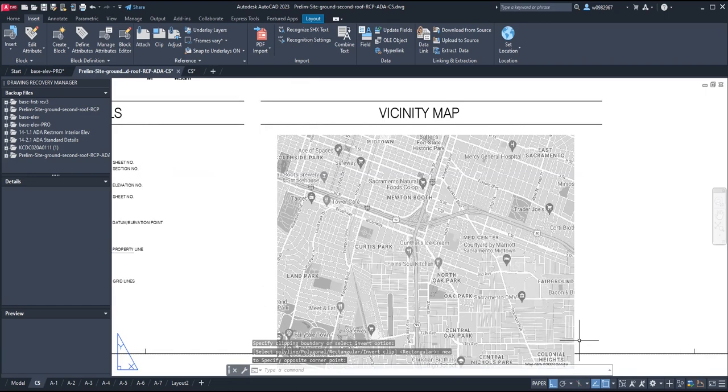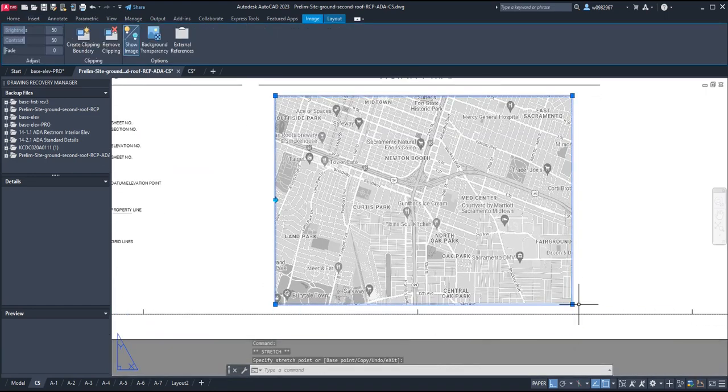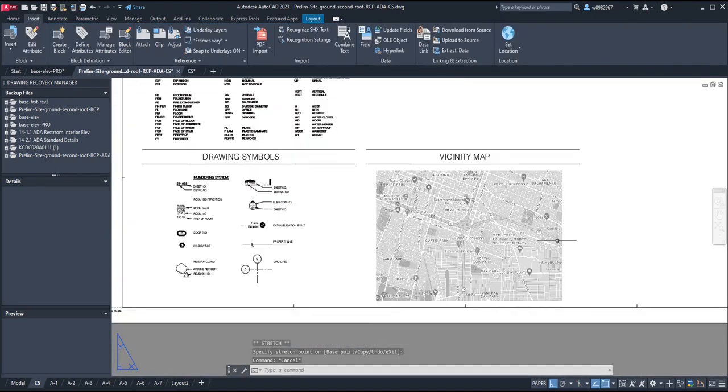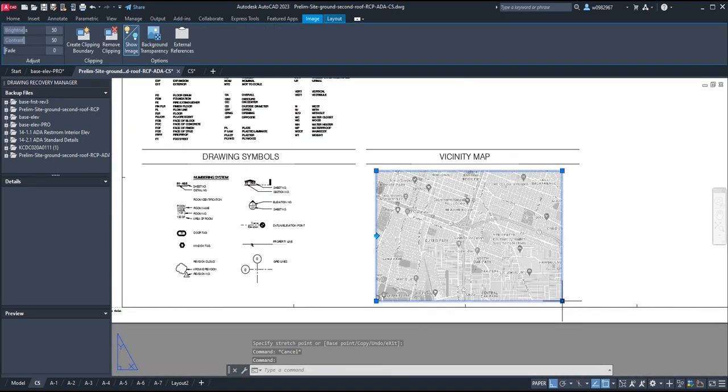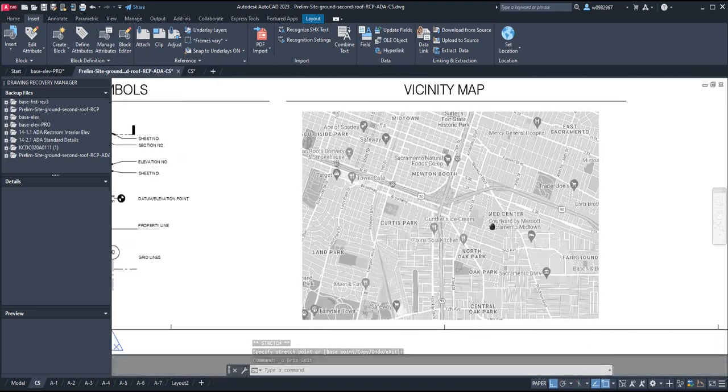Okay. So there you go. Okay, I can just adjust that. I didn't need to do the command now. I just adjust that. Anyway,